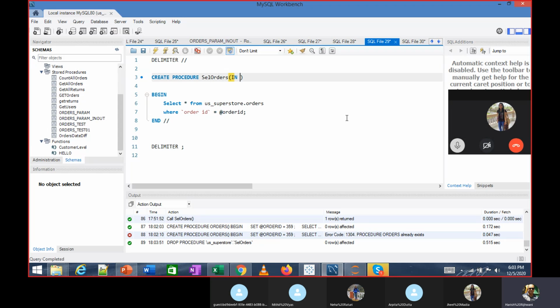So I'm going to write in order ID int. So in indicates this is input for this procedure. Order ID indicates this is the variable name, and int,